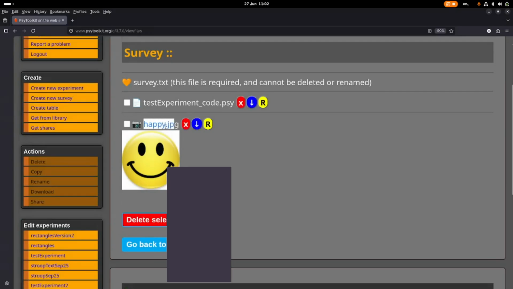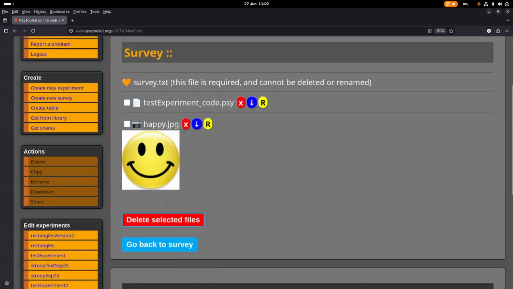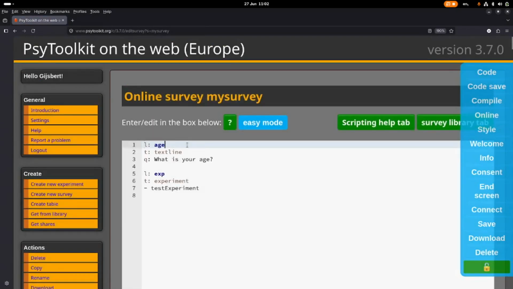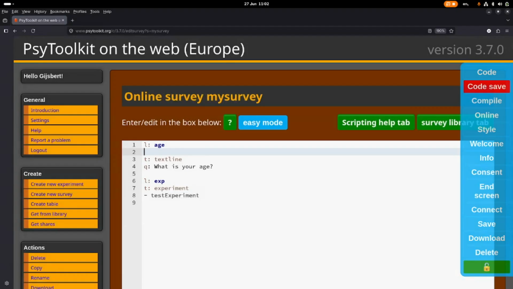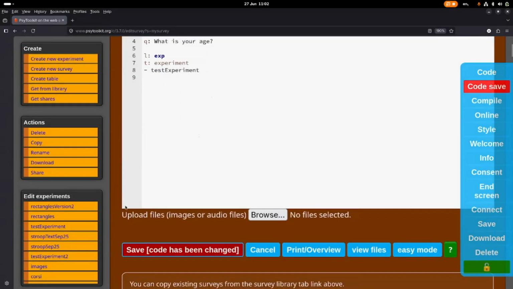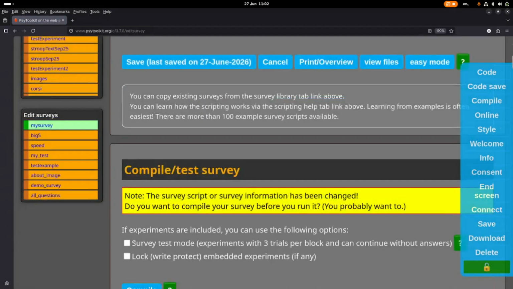Now, this is the image. You can copy this, but you don't need to do that. You can also just remember it, of course. If you go back to your survey and you type here I for image, I space, and then the file name of the image. This way, if you save that and you compile it,